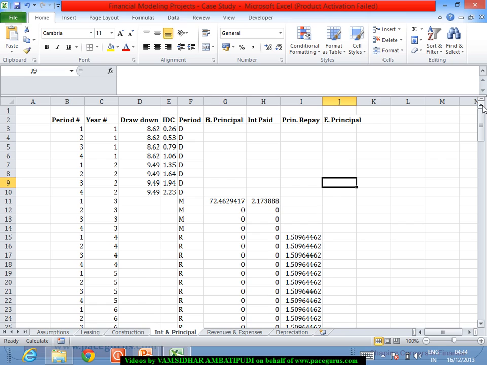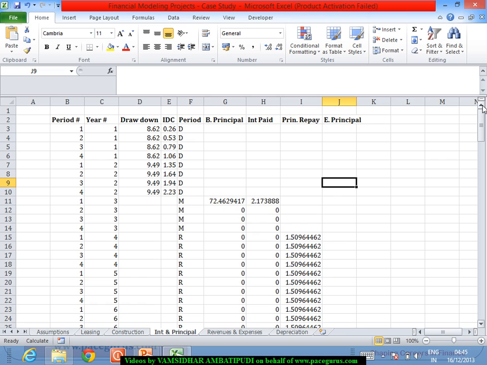During the moratorium period, only the interest is applicable, not the principal. So the principal repayment of 1.5 crores per quarter is applicable right from the year number 4 onwards in this